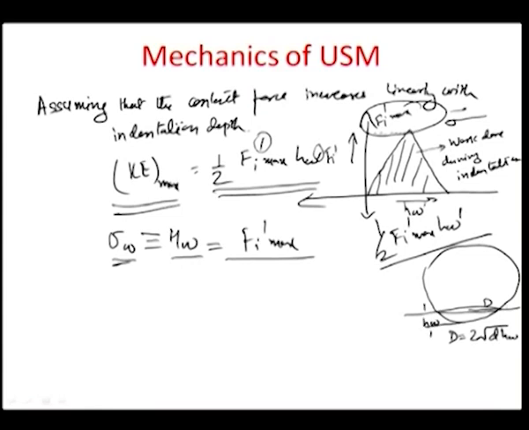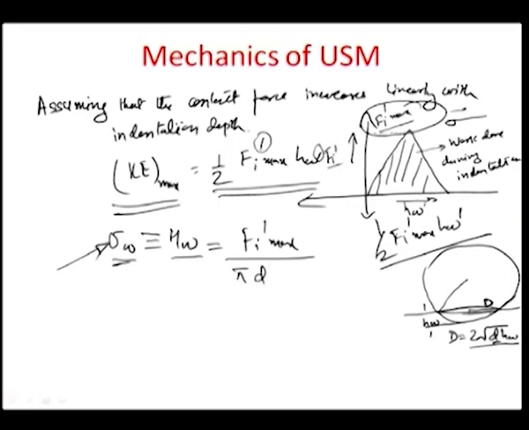If you remember the first exercise on USM where we did this modeling, a grain with diameter d impacting a surface producing a depth Hw, there was a relationship between this capital D, the projected diameter of the grain on the surface, and the grain diameter. So, therefore, the force per unit area, where F goes to Fi dash max, the maximum force of the grain on the surface, per unit area at that time, which we assume to be